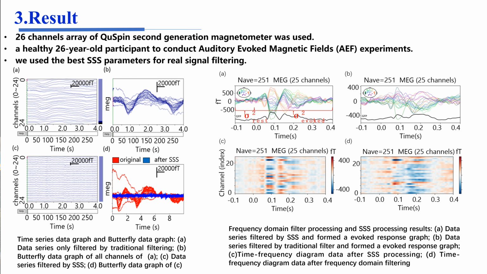In this paper, a 26-channel array of QuSpin magnetometers was used, and a healthy 26-year-old participant conducted an auditory evoked magnetic field experiment. In order to stimulate the auditory cortex of the participant, we use a sound card to play high-frequency or low-frequency tones at certain intervals. The pulse duration of both tones is set to 100 milliseconds and appeared randomly at approximately